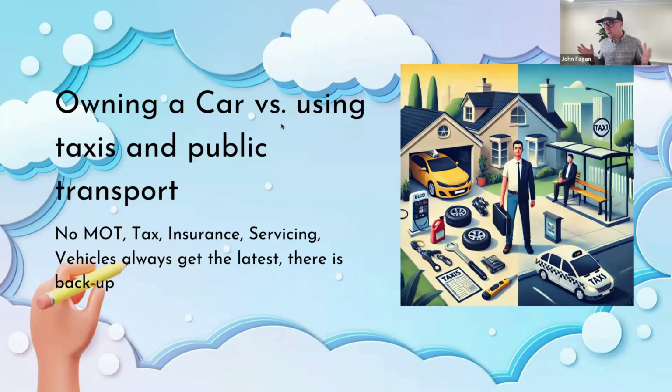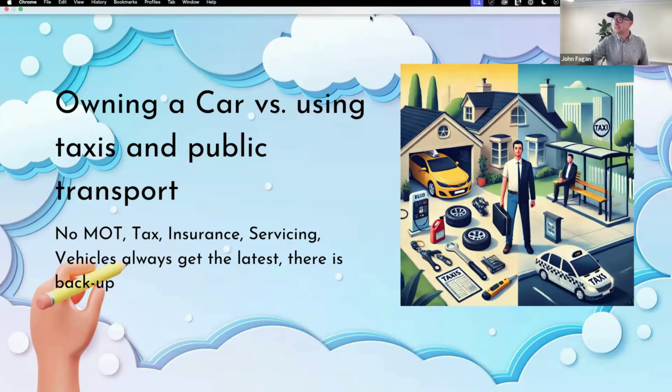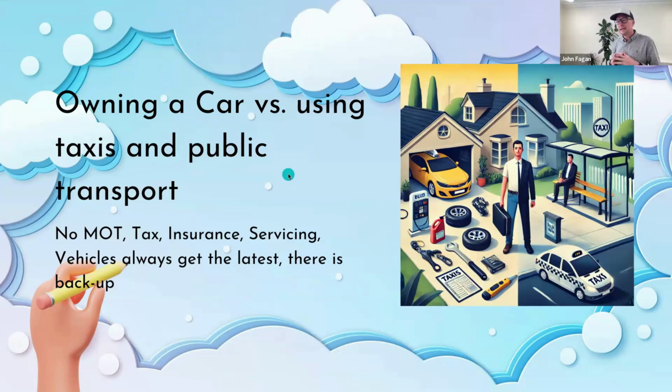And also those cars and those vehicles, those buses, taxis, they just automatically get upgraded all the time. Maybe it's not so much for buses, they're a bit slow, but taxi companies always replace their vehicles every 2 to 3 years. So you're always getting the latest and greatest. And also, if there's an availability issue, you lose that taxi, another one will just come in and replace it. So it's got built-in redundancy.